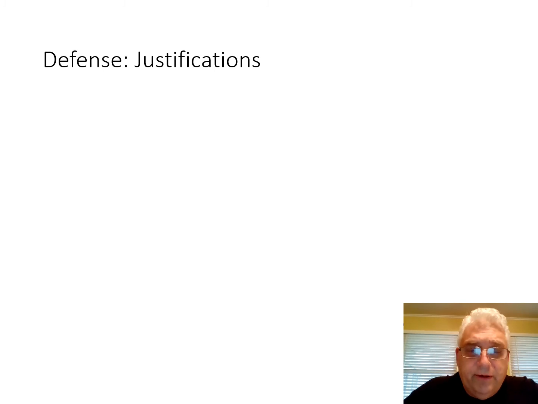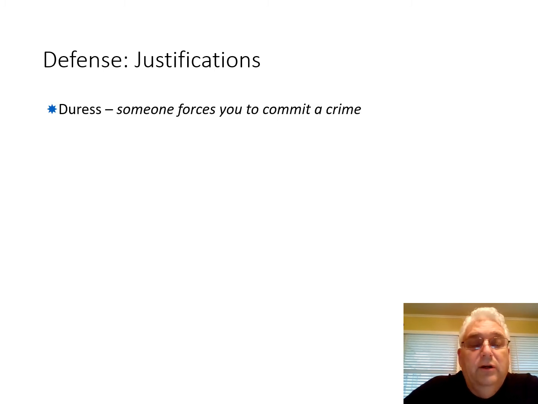All right, the second type of defense, justification. Duress, where someone forces you to commit a crime, is a justification. Let's talk about this terrible case of a guy named Brian Wells. There's a Netflix show called Evil Genius about this that you should probably watch. It's pretty good. He was murdered by a woman named Marjorie Armstrong and a couple of her partners. It's a case where Mr. Wells was a simple-minded pizza delivery guy in his 40s.